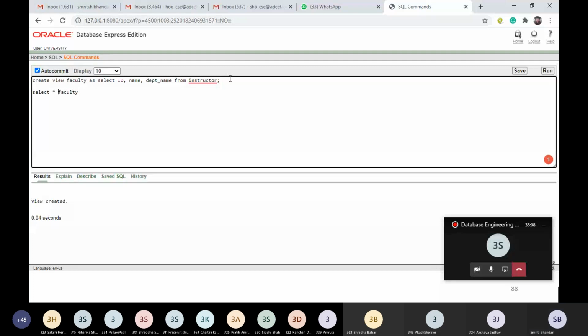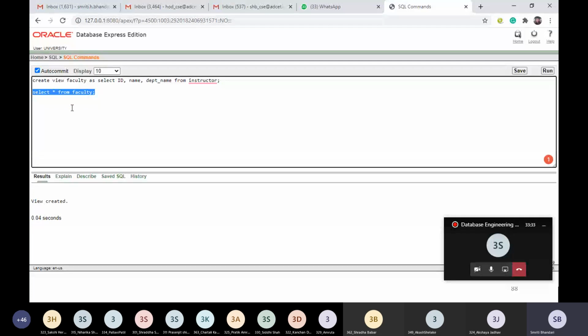So select star from faculty. Please note, this faculty is not a relation, but a view that is created based on some relations in our database. So the select statement can be applied to views also.